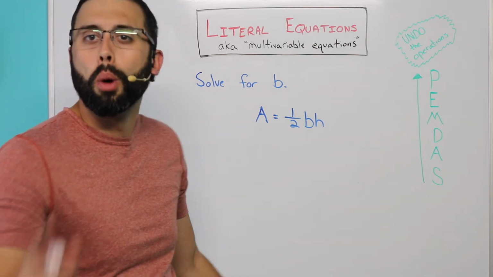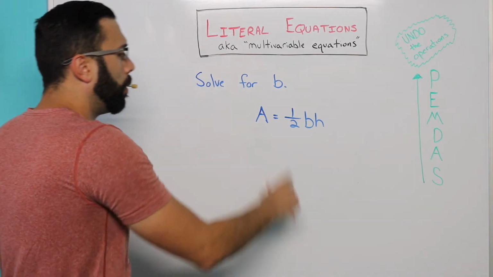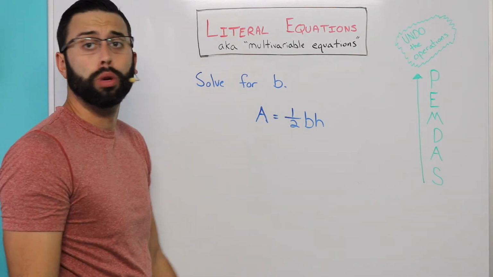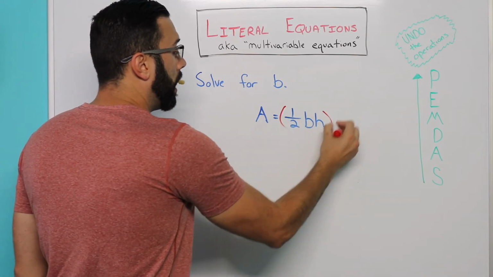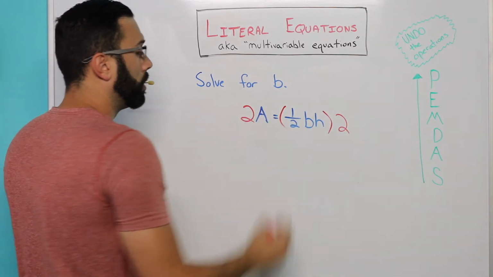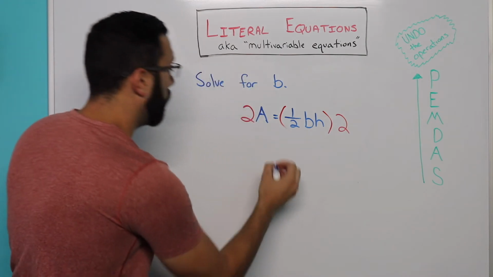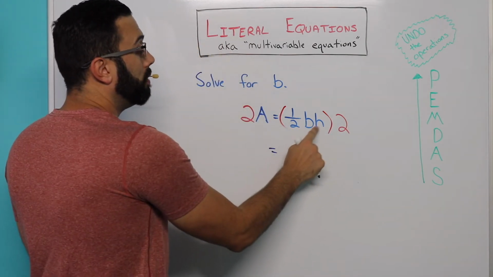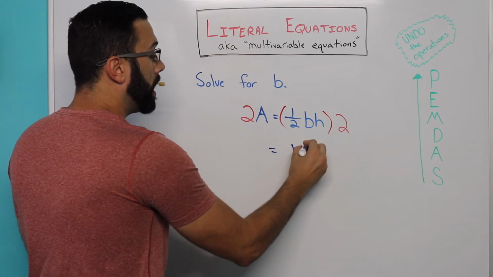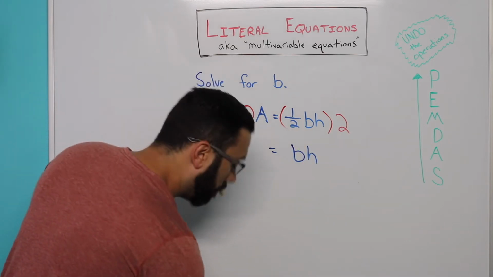You've got to get rid of them. Multiply by the reciprocal. What's the reciprocal of 1 over 2? 2 over 1, otherwise known as just 2. So I'm going to multiply that by both sides. And I'm left with, well, 2 times a half is just 1, which means it's 1 times bh, which is just bh. And I'm left with over here